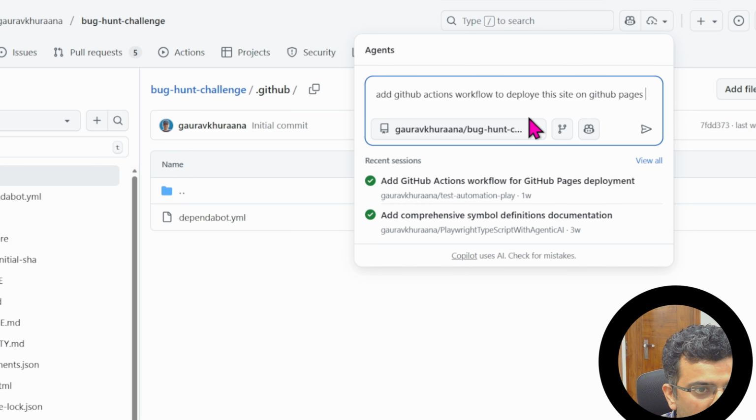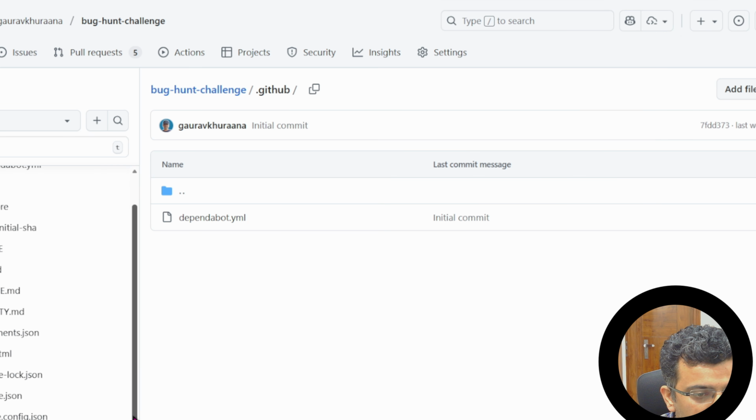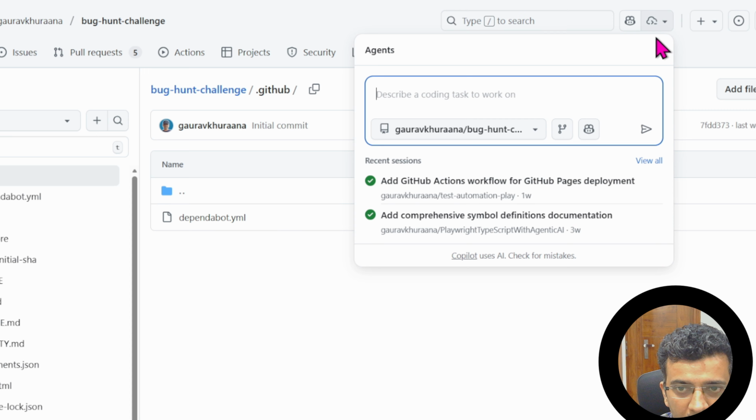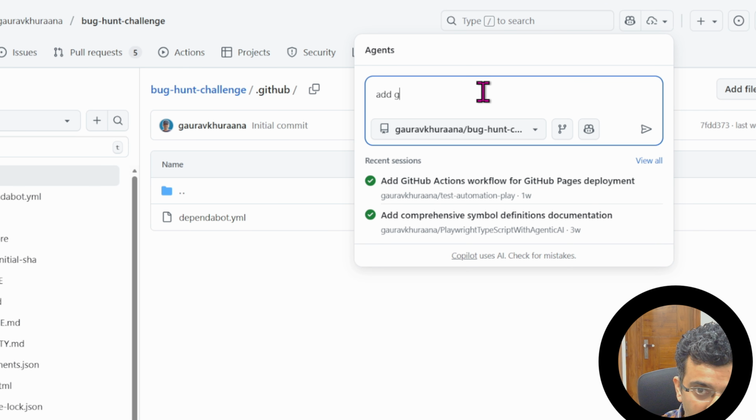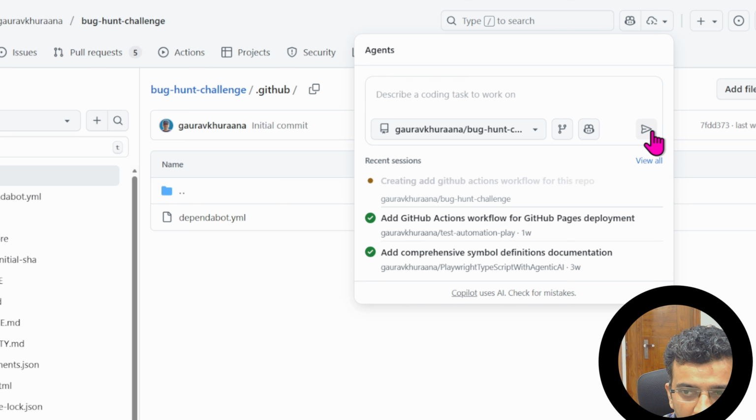Then it will become a public site and I can share it with you in a better place. Let me copy this, which I did for my other things. Add GitHub Actions workflow for this repo. Yeah, and I press this.